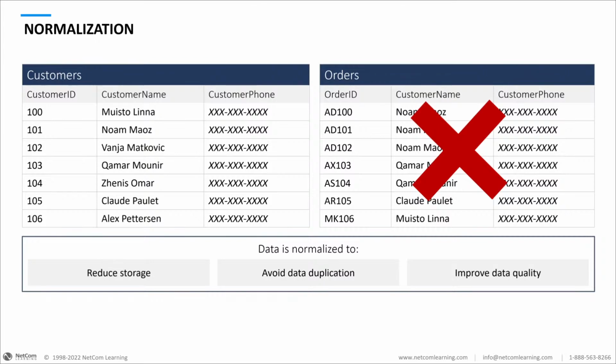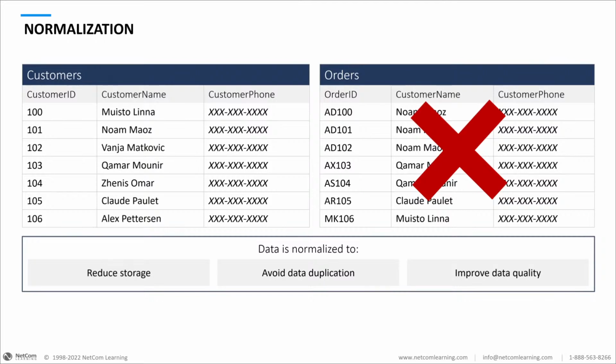In third normal form, columns do not depend on any non-key column. So the phone number doesn't require customer name. Customer name doesn't rely on there being a phone number, right? They don't relate to each other. They don't rely on each other having to be there. They only have to make sure that they're representative of the primary key field, in this case, again, customer ID, right? So you'll notice here that customers and orders, there's no relationship to them.